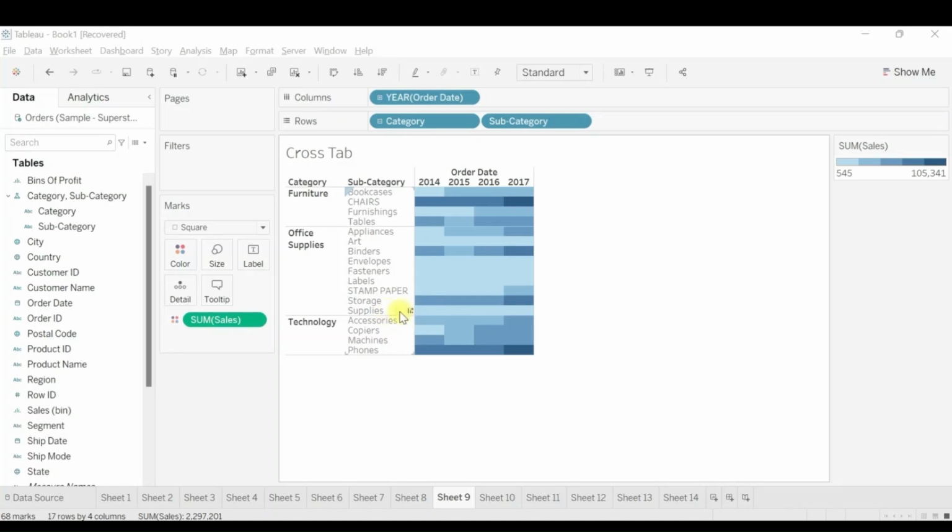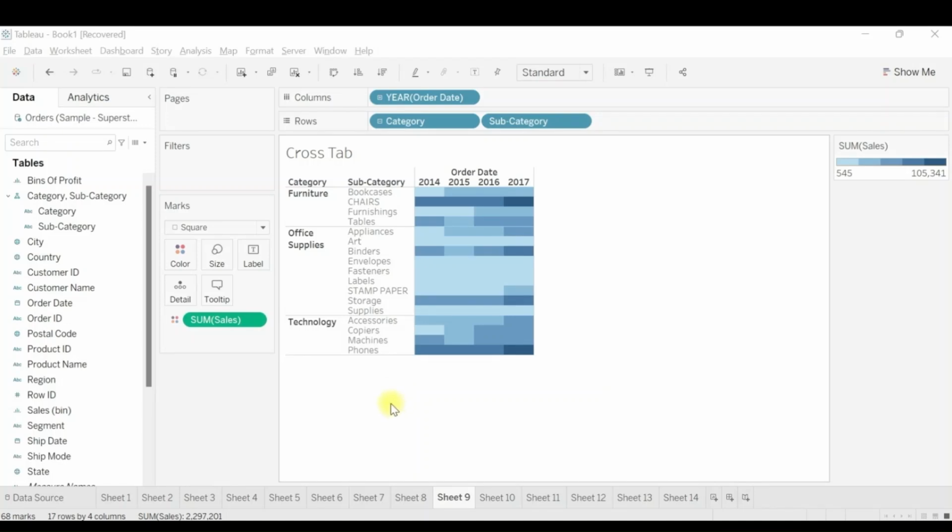These are two individual data entries and I don't want it as two individual rows. I need the data to be shown as storage and supplies, and the data that is being shown here, that is sum of sales, should be summed up for both the rows. Let's see how to create a group for this.